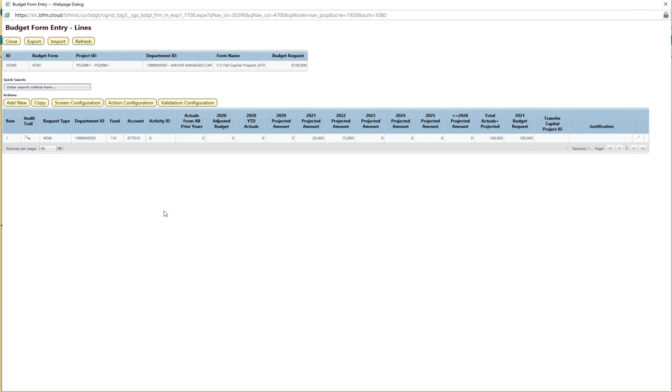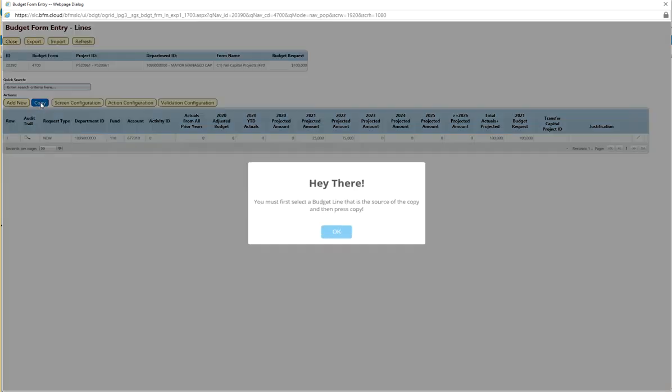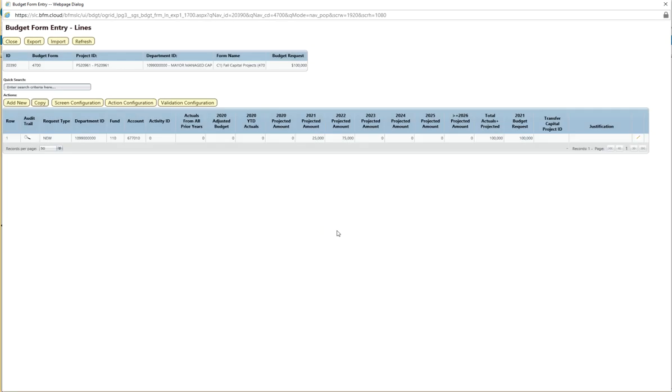Okay, so now that we've explained those, let's say we needed to add a new line. We have the export import function, which most of you have used and know how to use. But for capital projects, there's really not that many budgeted lines per project. So I'm going to show you, probably some of you already know this, how to copy an existing